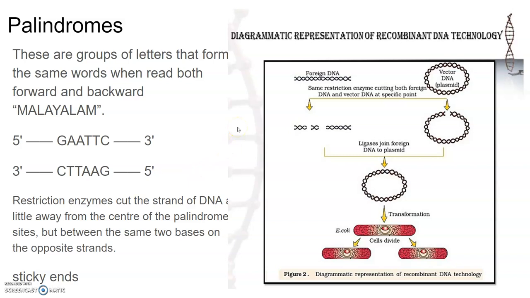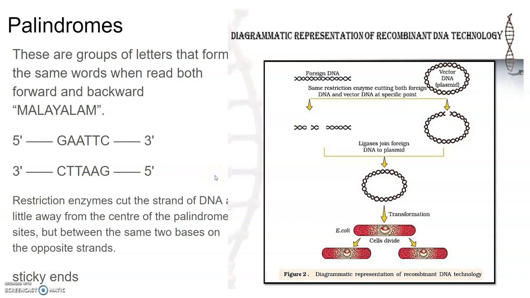Now, the word palindrome is read the same in both directions. A palindrome in DNA is a sequence of base pairs that reads the same on both strands when the orientation of reading is kept the same. These sequences are the same in the two strands in the 5' to 3' direction, and that is also true if we read it in the 3' to 5' direction.